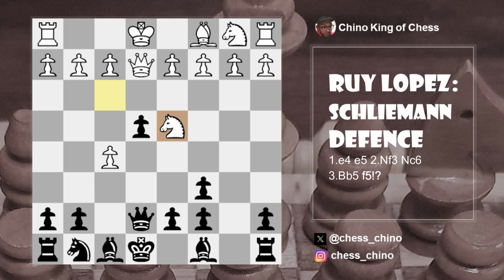So after this exchange on c6, knight to d4 is now possible. And now, something you need to be aware of, there is a drawish line that goes queen to e5, threatening the knight. And the point is that if knight goes back to f3, queen to e7, and it turns out black doesn't actually have a better move than to go back to d4. I mean, knight to g1, for example, would be met by d5